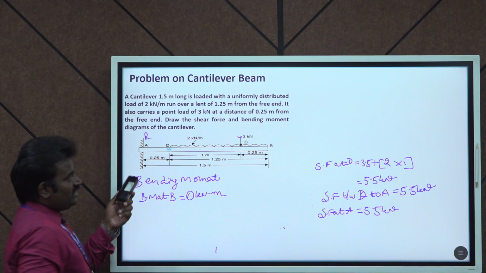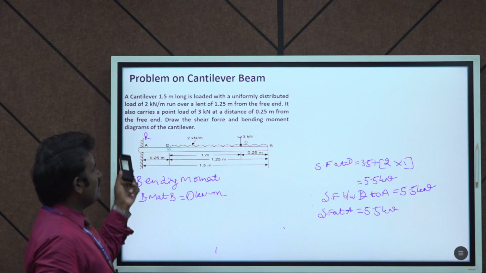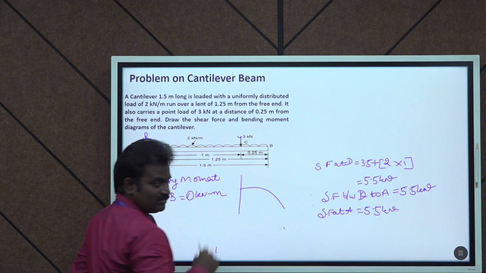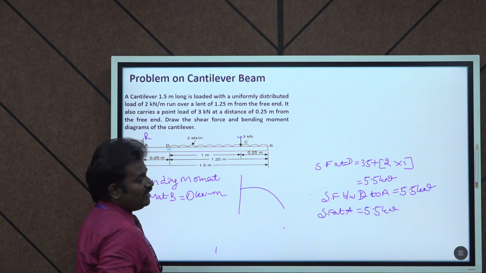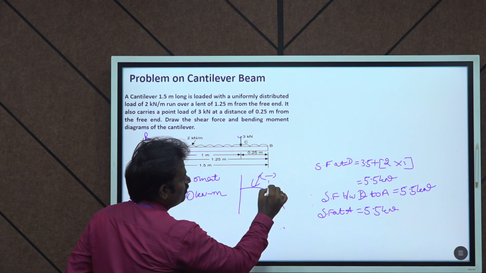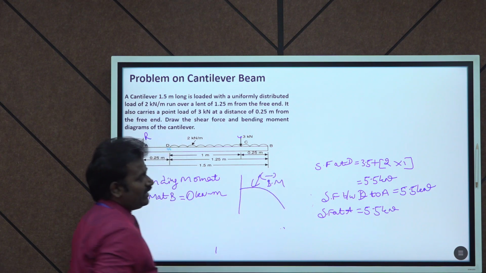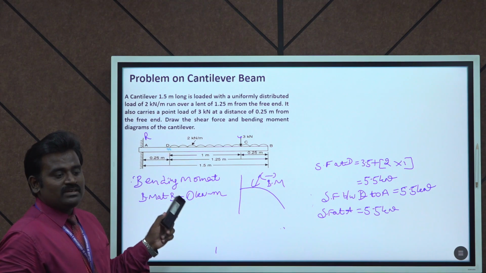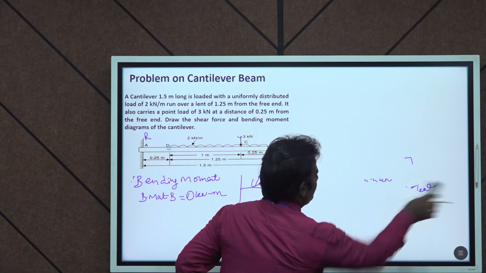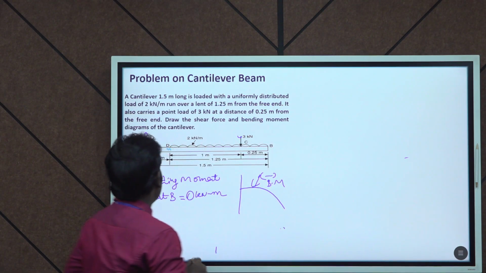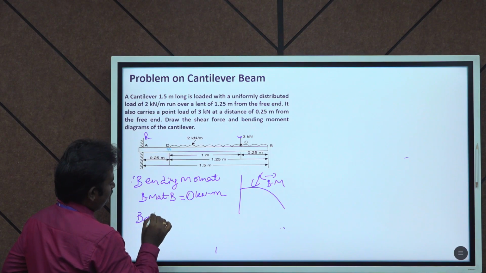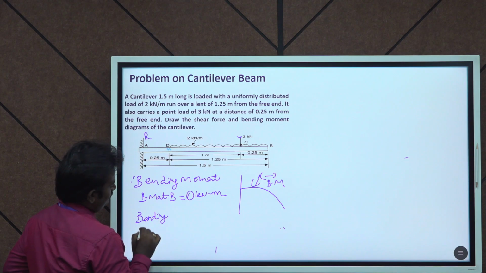Here, for the sign convention of a cantilever beam, the beam is going to bend like this, so we consider it a negative bending moment. For a cantilever beam, the bending moment is always negative. Next, BM at